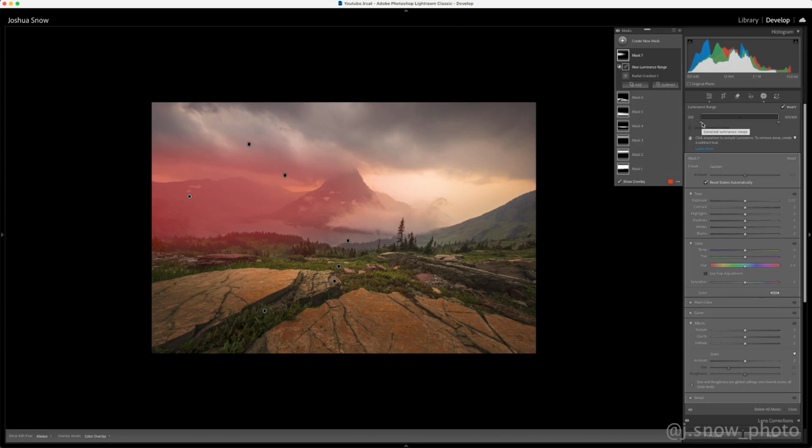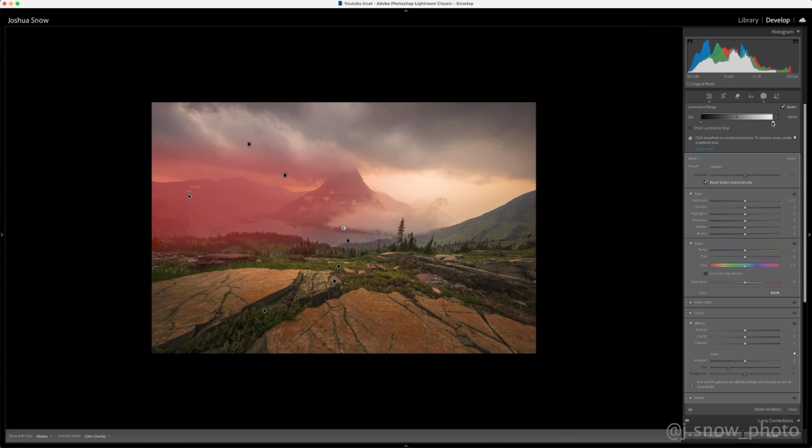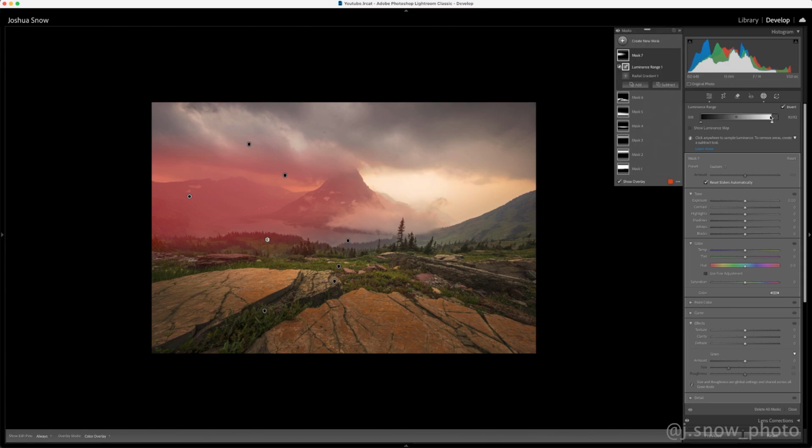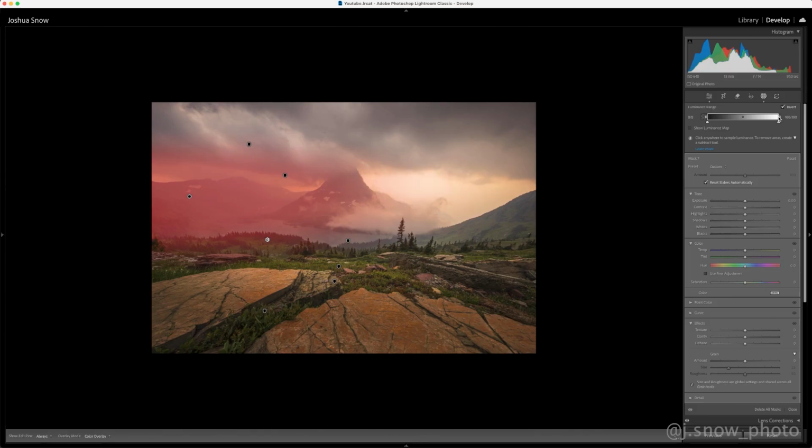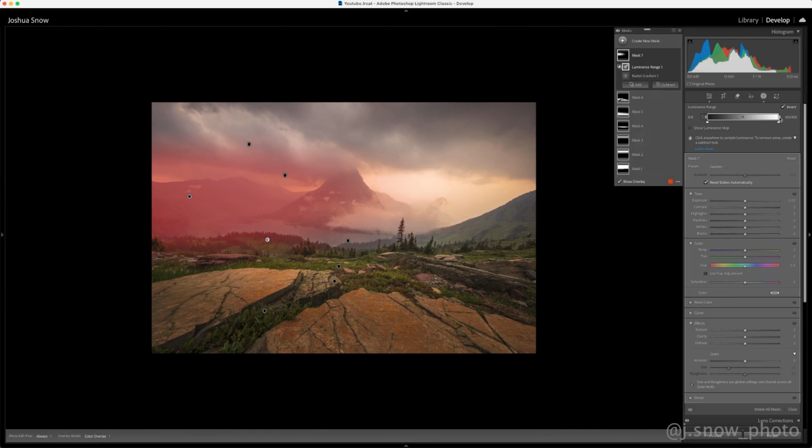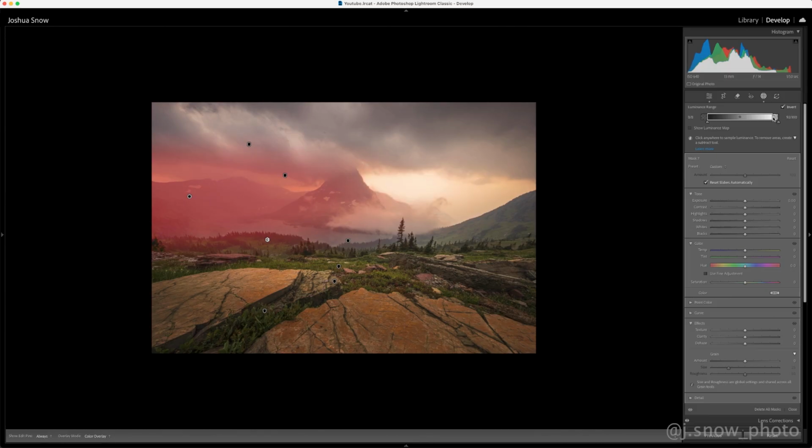The left side is pure black. The right side is pure white, similar to our histogram. And so if we want to target the darks, then we need to remove the lights from this intersection. So we need to go to the right-hand side of this slider, and we need to start bringing it down. Now, this slider has a little bit of nuance here where it actually splits into two. So if you look here, if we adjust this back to 0 and we grab here, you'll see that